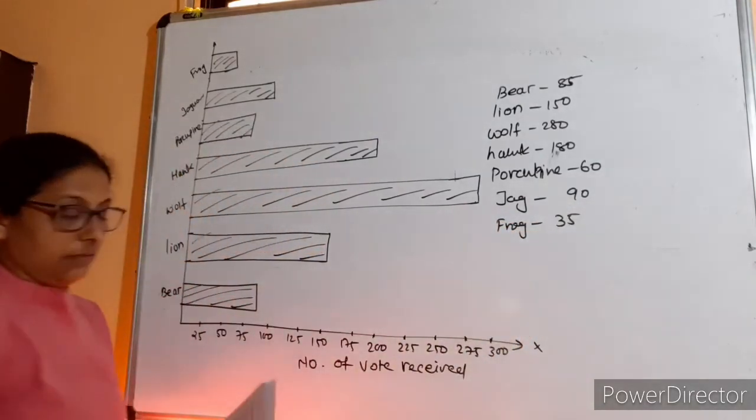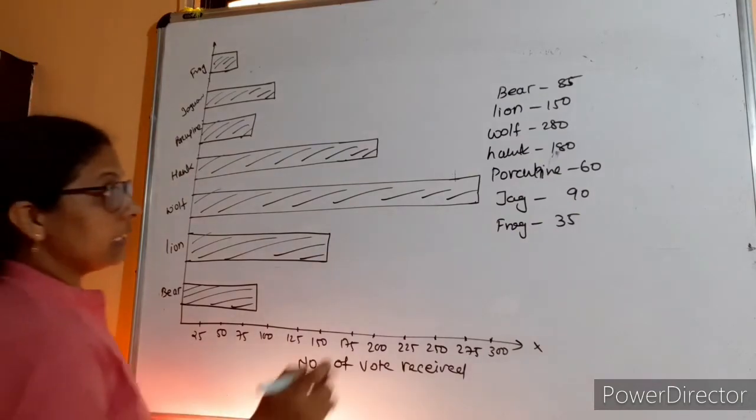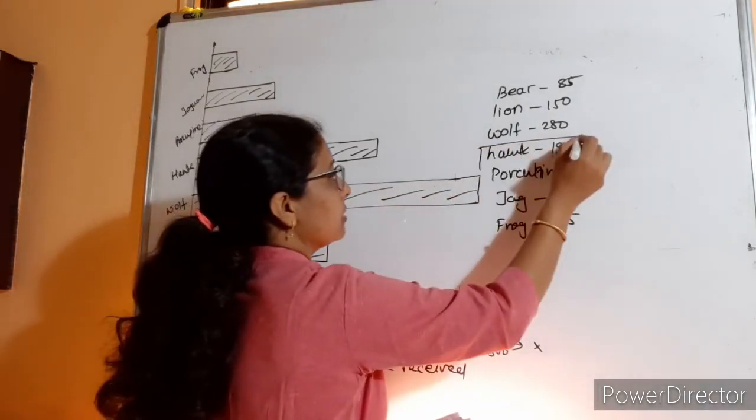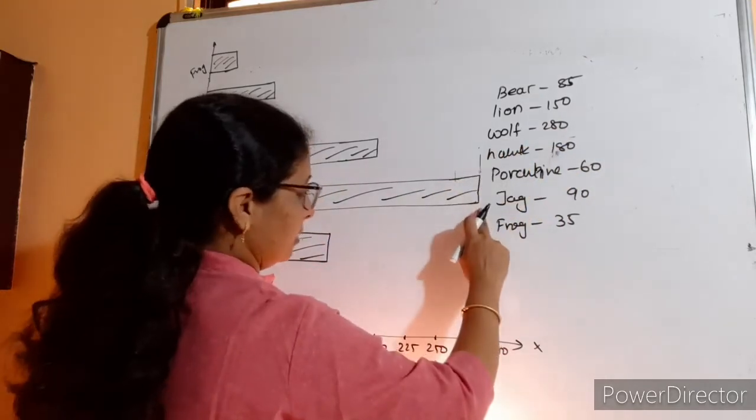Approximate value 35. Now, how many votes is the hawk mascot? Here the hawk gets the most. Okay, the hawk mascot here is, oh, I have